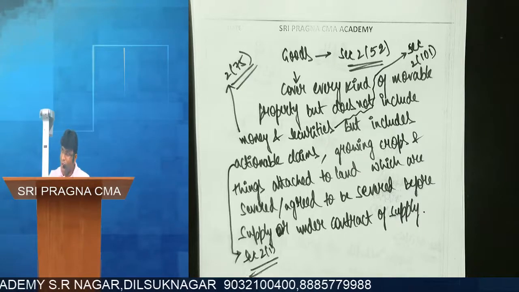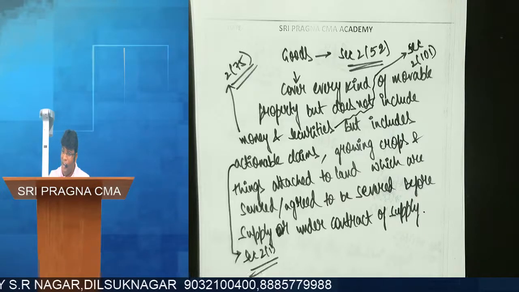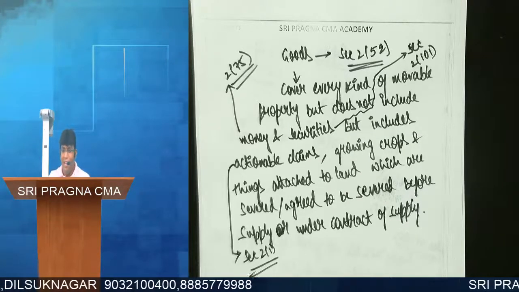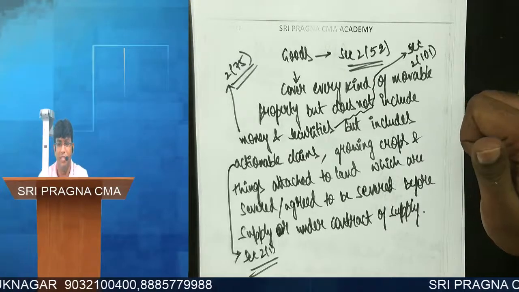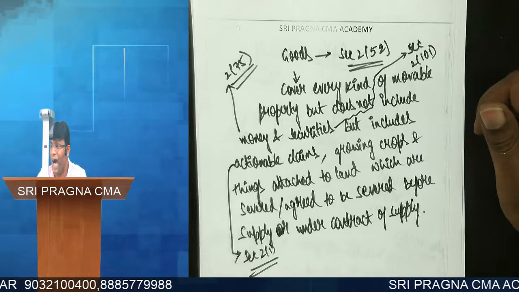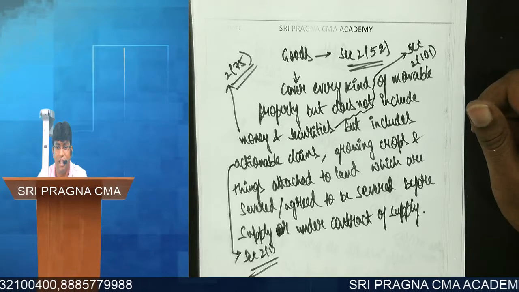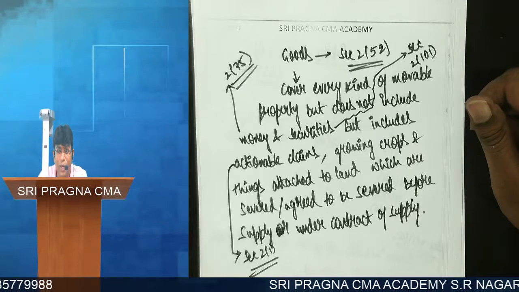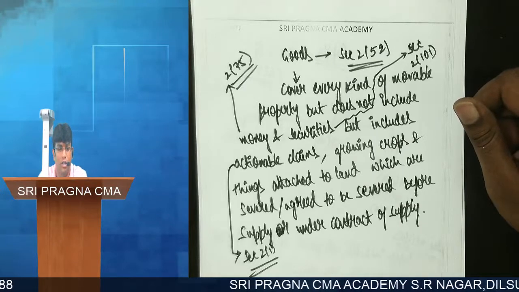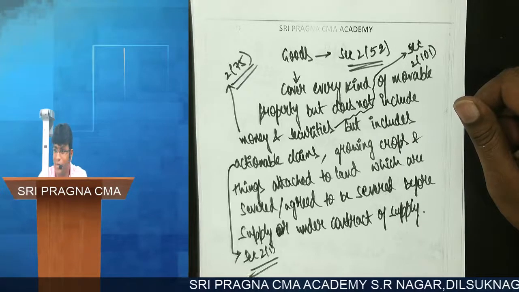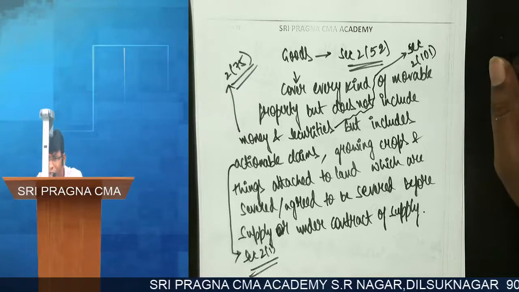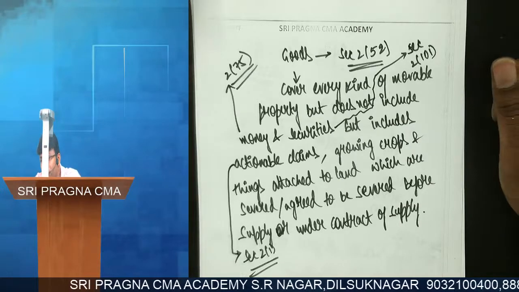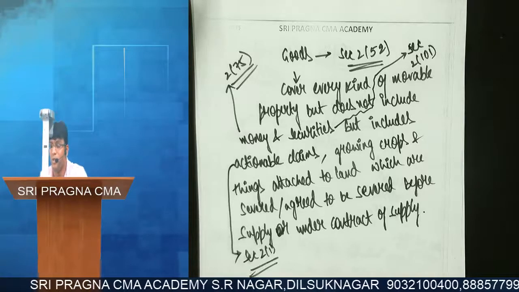Some friends' reaction: sir, we know, but we can't tell. Yes. Sir, I'll ask you one question. You tell me the answer. You purchase one lottery ticket. Okay? Lottery ticket you purchased. And one fine day, the lottery box opened and your number has come. Lottery prize 1 crore. You went to the lottery shop owner and told, give me my 1 crore. He told, who are you? Will you keep quiet? You got the lottery ticket, you got lottery prize 1 crore, but he is not paying you. Will you keep quiet? Speak out. Where will you go? Will you give him left and right? What will you do?